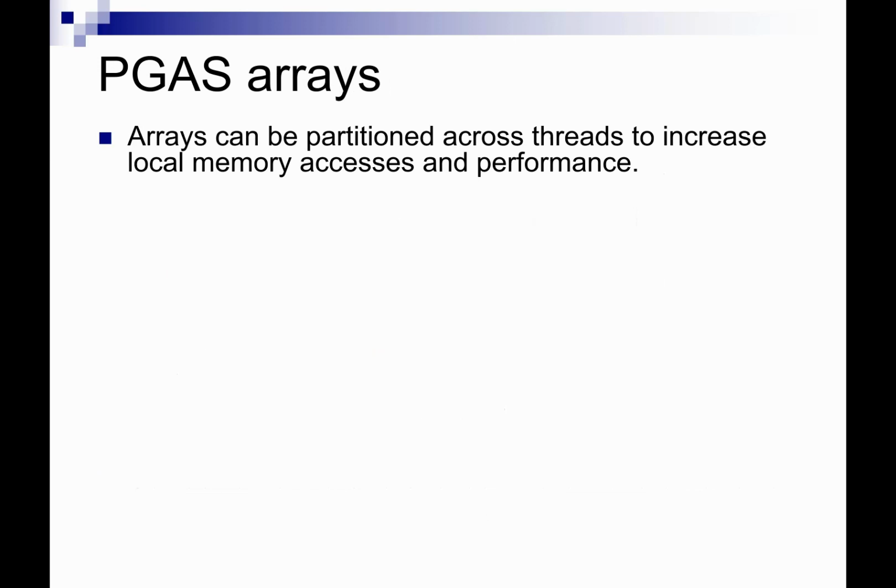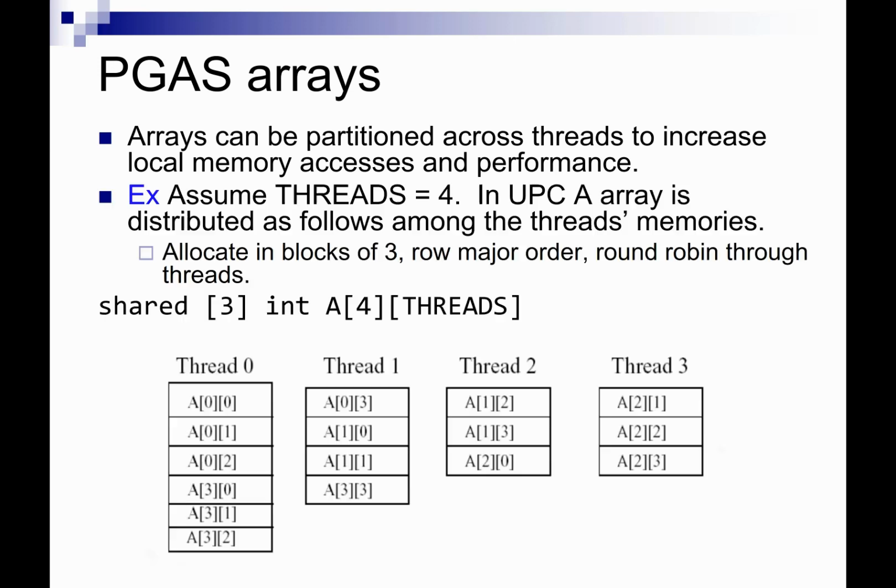Oftentimes in parallel computing you need to process arrays. So in PGAS you can also partition the arrays across the different threads. That way you can make sure that the part of the array assigned to a thread has very quick access to that array, because that array is stored in the thread's local memory. So as an example of this,